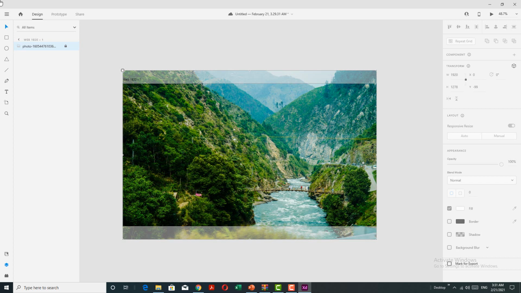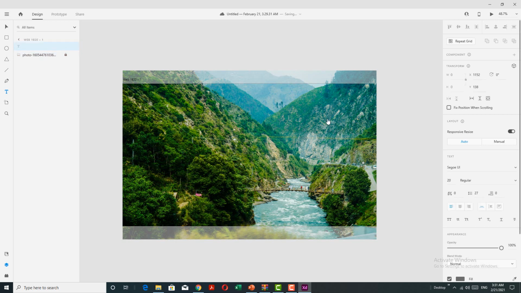First of all, if I want to write anything, if I want to place any logo on it, I am going to write from selecting text. I am writing here Pakistan Travels, like I'm making a website of Pakistan Travels, and by selecting the text, I can change the size of that text, like 50.